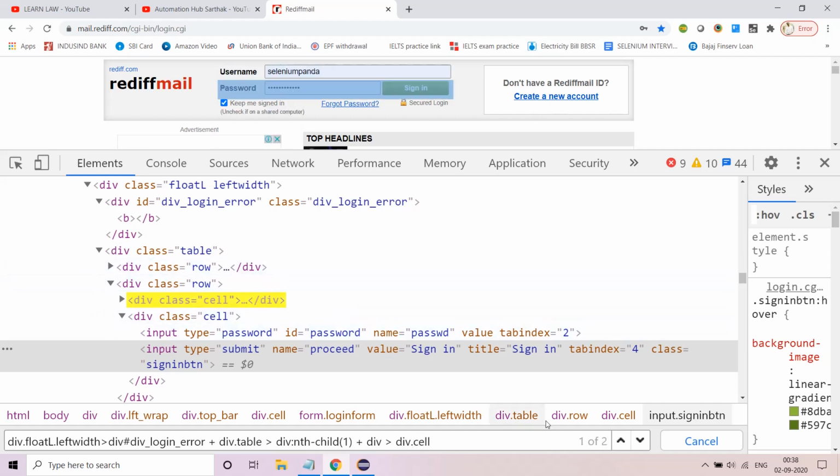So you are here, but it is one of two. So I'll not use this because it is one of two. So I'll write div nth minus child. I'll use one. So I'm here. Now I want to come here. I'll write plus div. Very simple. I'll write dot cell. It is one of one. Now